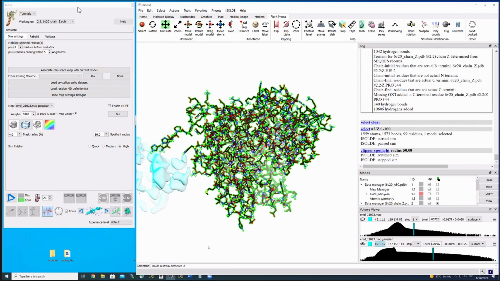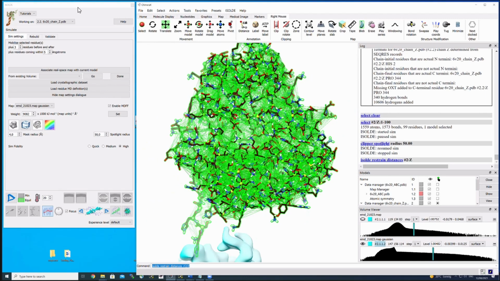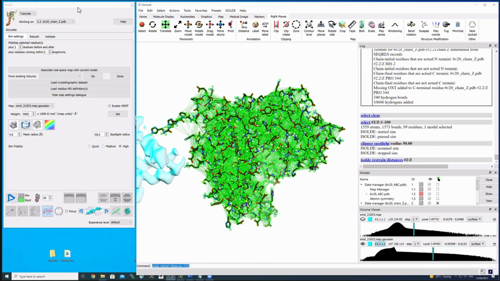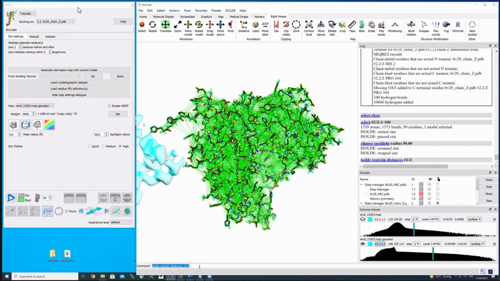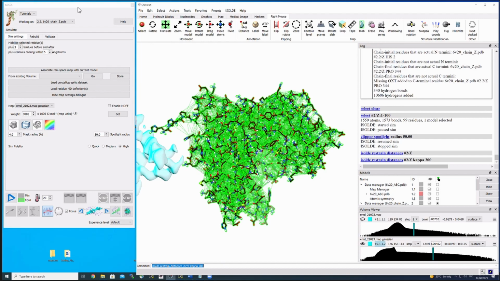We support this command with the model ID and the chain, and if we do this and press enter, you will see that now distance restraints are being applied. We can change the force that is being used in these restraints by adding a kappa value, and here I will use a ridiculously high number of 200. If you go to the web page